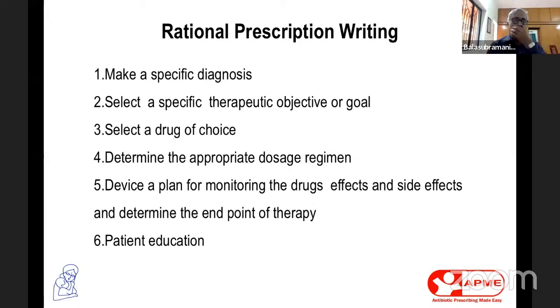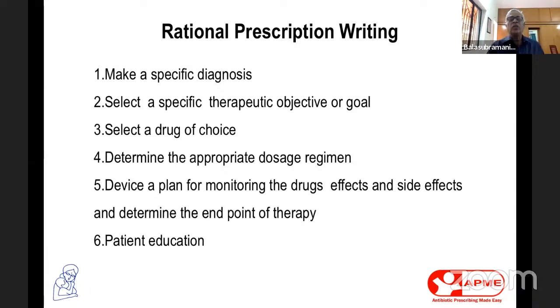But I always believe a good physician is one who stops prescribing an old drug last and who starts prescribing a new drug last. Faropenem is being marketed left and right. You should not be in a hurry to start prescribing without knowing what it is. Know the dosage, know the duration, know the side effects and the effects, and what is the end point of therapy you want to achieve.